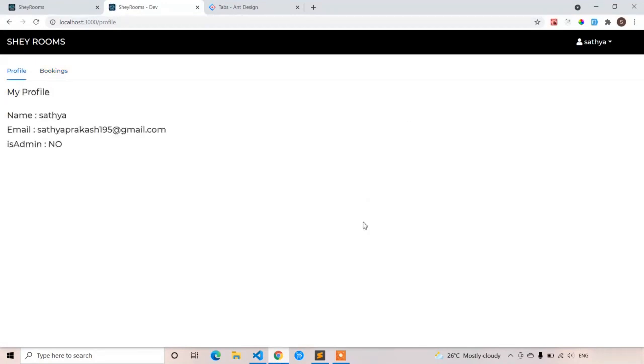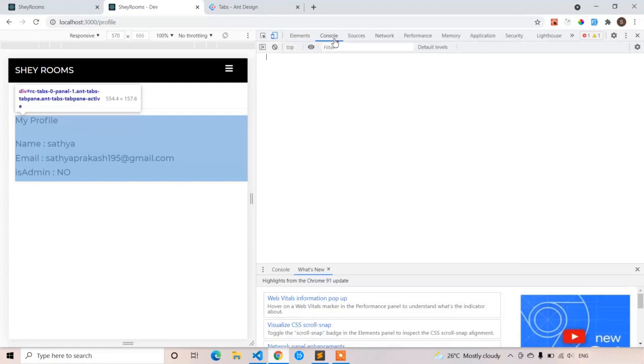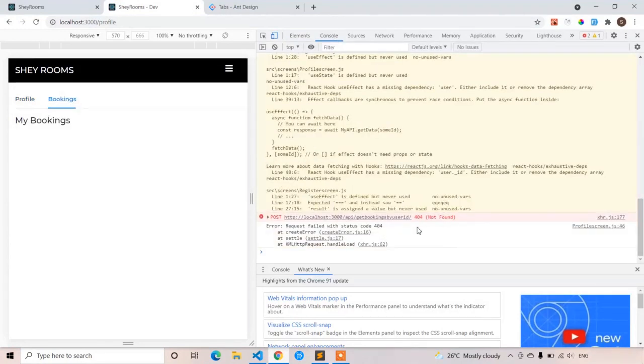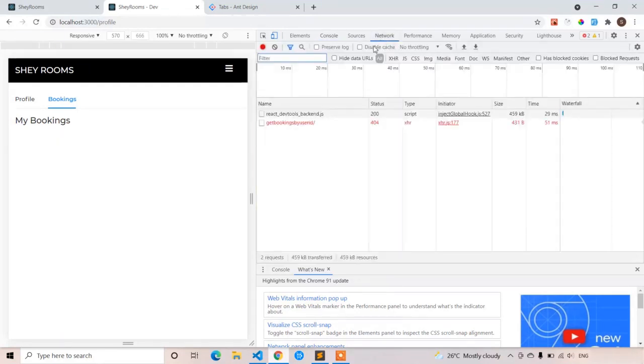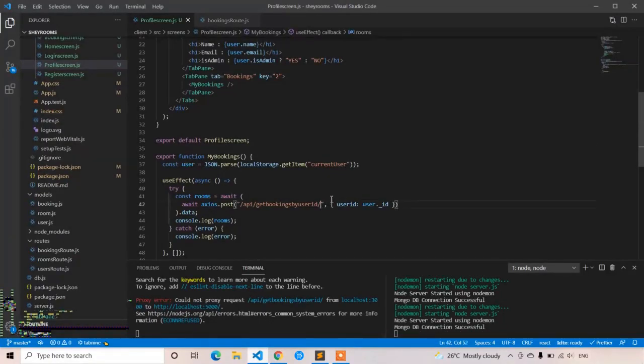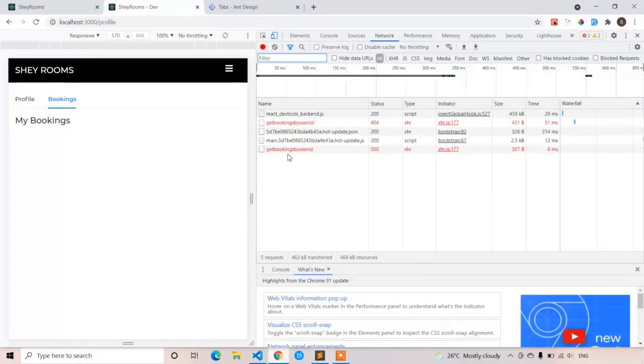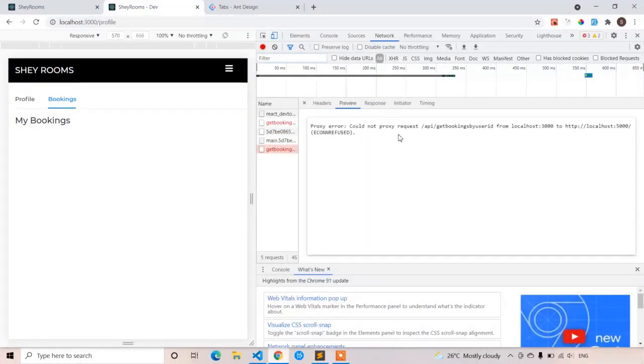Go to console. Open bookings. So we got an error. Localhost 3000 API/get bookings by user ID 404 not found. Open network. So we have used this slash symbol, remove it. Get bookings by user ID. Proxy could not find